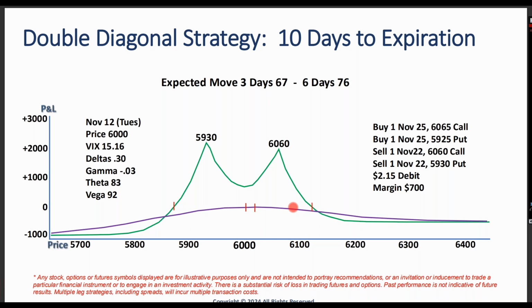So we're saying, where is this thing going to be? They're saying there's a 68% chance this SPX will be up and down 67 points. So go to the downside, go down to maybe 59.30. Yeah, right around there. The bottom line is this, folks. There's at least a 68% probability we're going to be in the profit graph in 3 days, right?